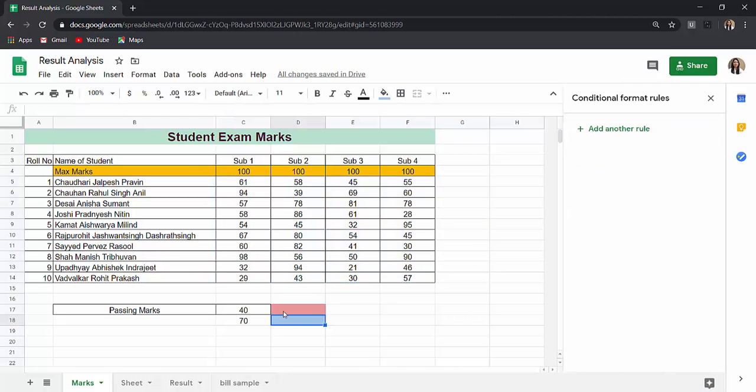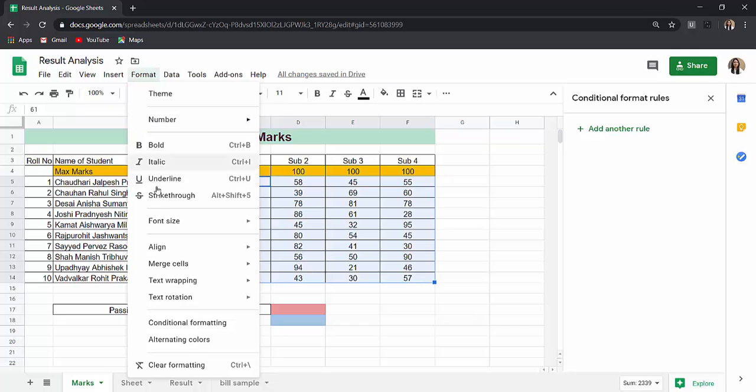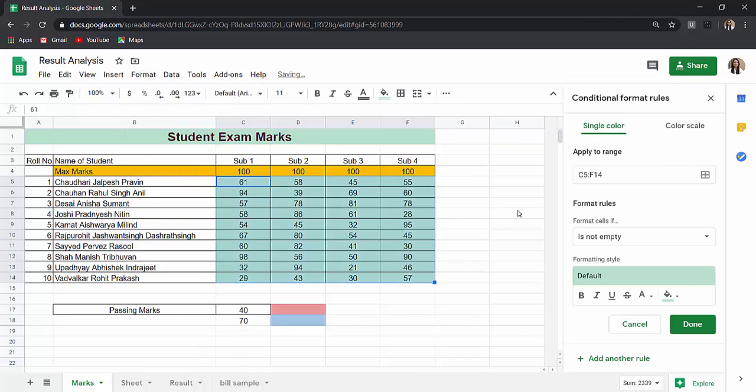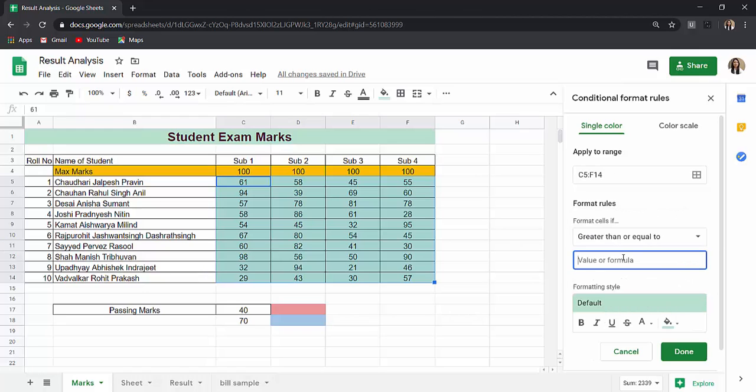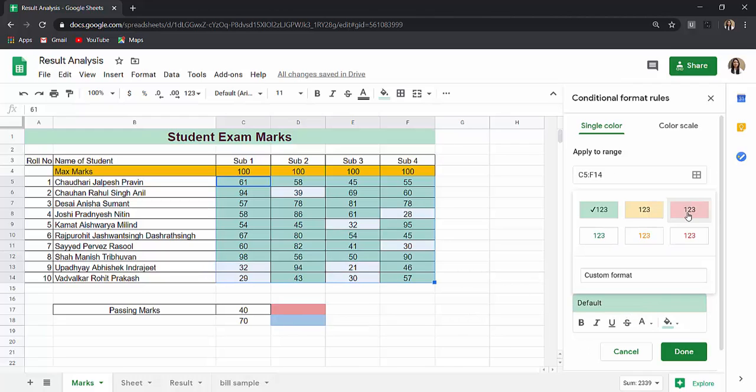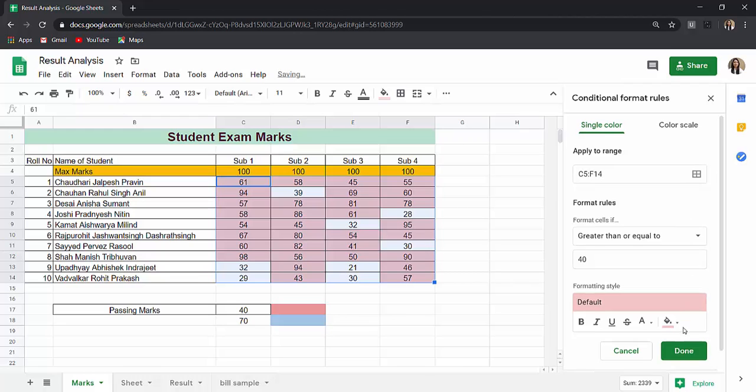If you want to apply different colors for different ranges, then that is also possible by applying multiple rules. So first of all, I will select the range and then I will say conditional formatting, and then I will say if it is greater than or equal to 40, or you can select the cell, then the color should be pink.